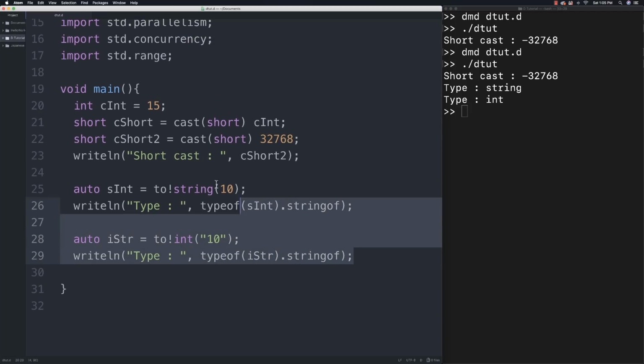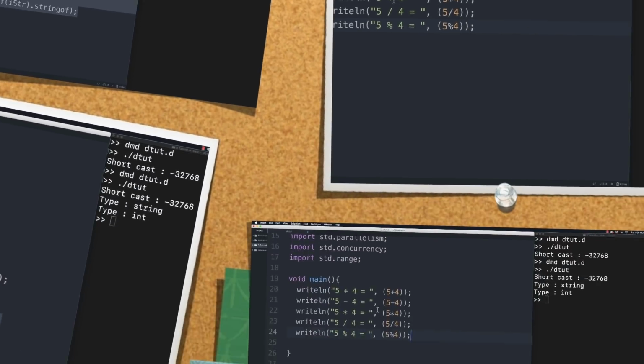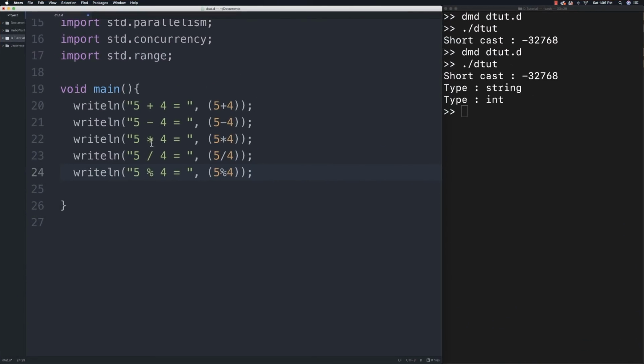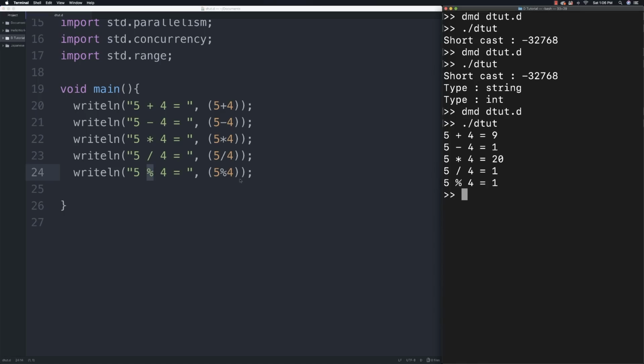And now I want to talk about math operations. Now, of course, you're going to be able to add, subtract, multiply, divide. This is modulus, which gets you the remainder of a division, as you can see right there. And you can either put the parentheses around there or not. And basically, math done on integers is going to default to an integer output, and doubles are going to return doubles. So let's say I come in here and I do something like 5 divided by 4 is going to be equal to,